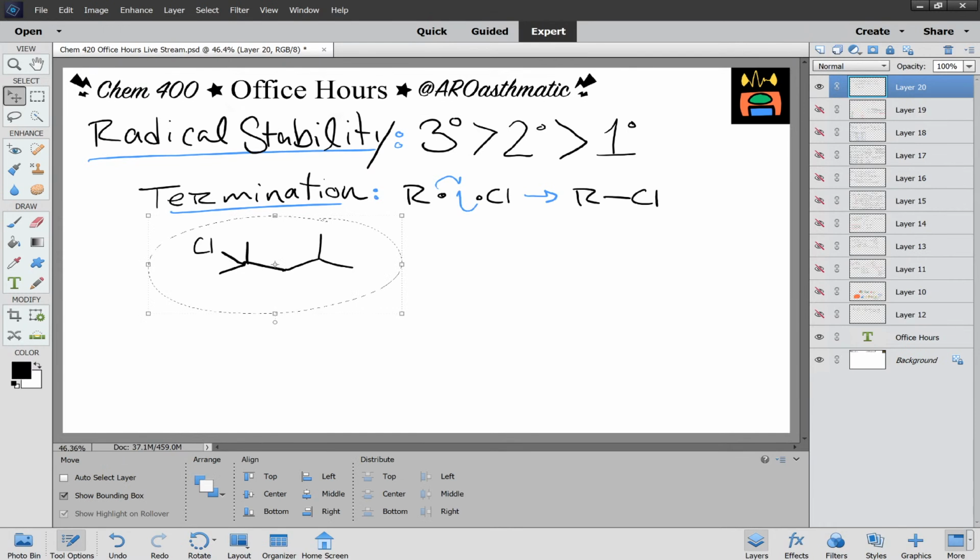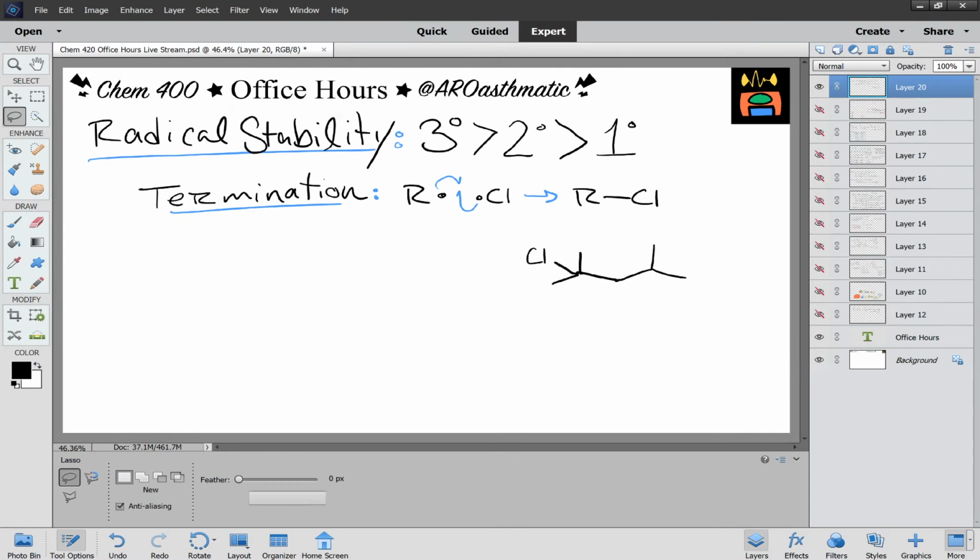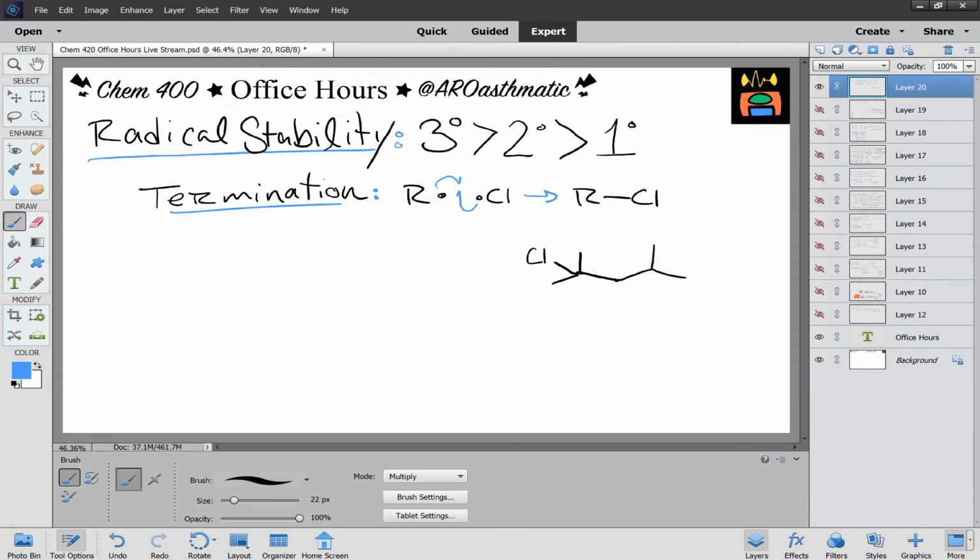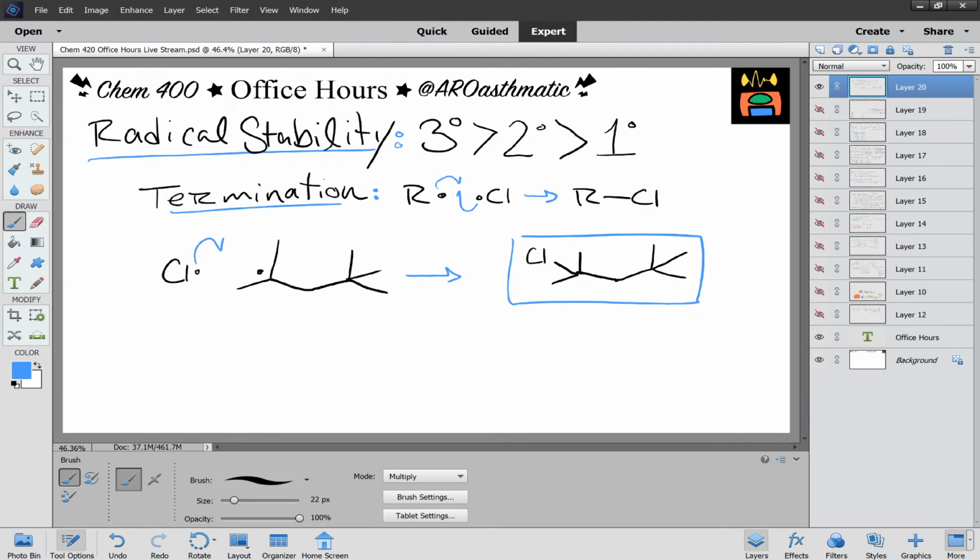And I'm going to lasso this over to the right side of the board. And the reason why is because this product was formed by the reaction, whoops, we got a methyl group there, of this carbon-based radical with this chlorine-based radical. They combined to form this product. It came from the tertiary radical, so this is the product that was formed from the most stable radical intermediate